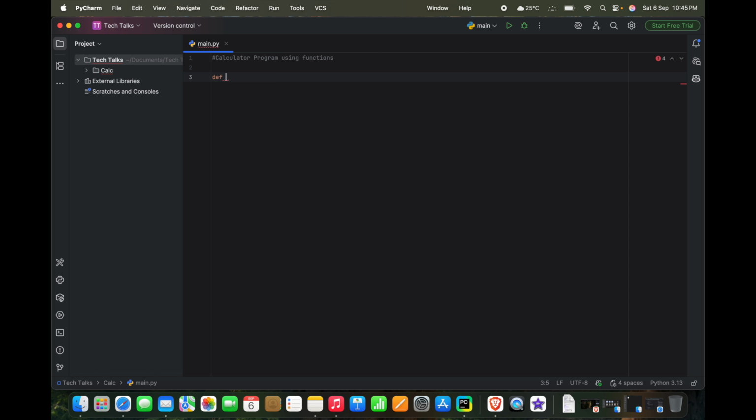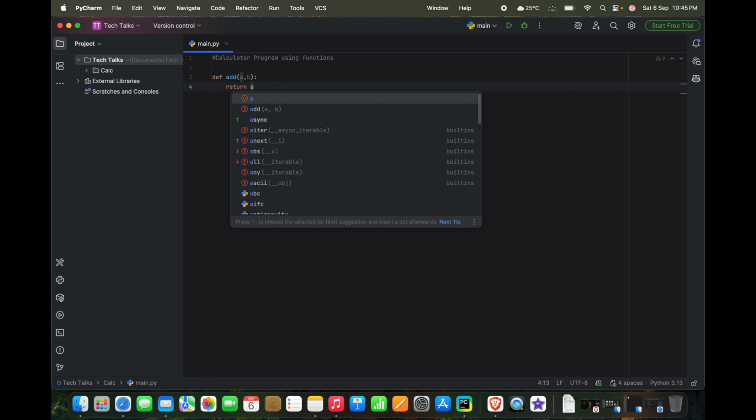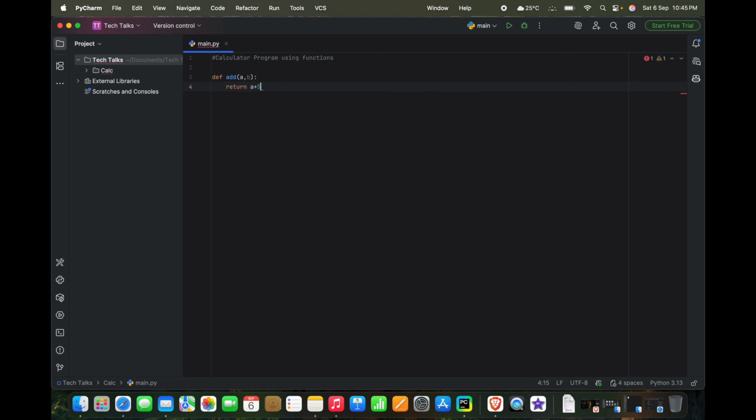With the def keyword we can initialize a function. Inside, def add. This function will accept two parameters, a and b. Simply return a plus b. Similarly for subtract, we can use